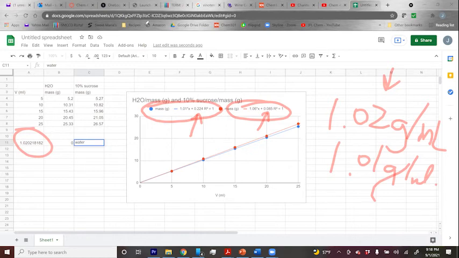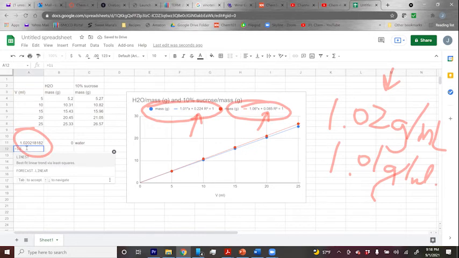So let's do the same thing for the other data. So equals LINEST. There's my 10% Y data, comma, there's my X data, comma, false. So now that hasn't changed the slope at all. So the slope, this is my 10% sucrose. So you guys are going to do this for all of them,